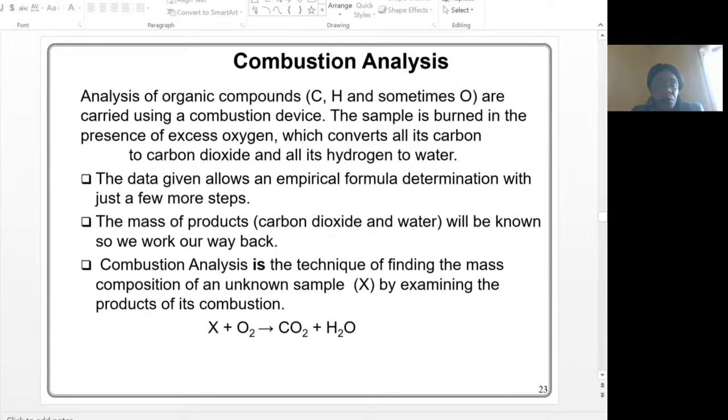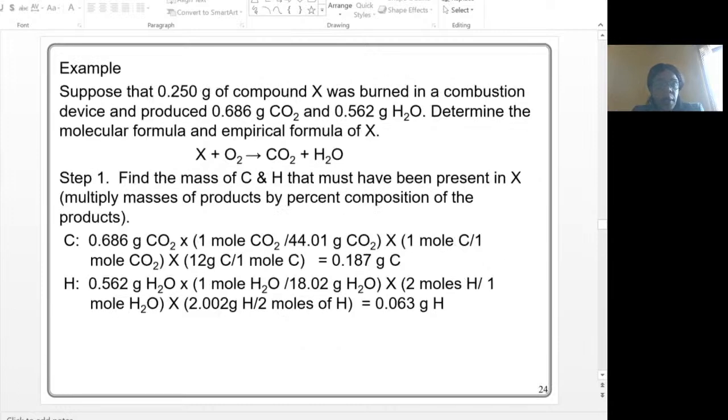Okay, so to look at this as a calculation, we can look at this sample question. Suppose that 0.250 grams of compound X was burned in a combustion device and produced 0.686 grams carbon dioxide and 0.562 grams water. Determine the molecular formula and empirical formula of X. Okay, so what we'll do is